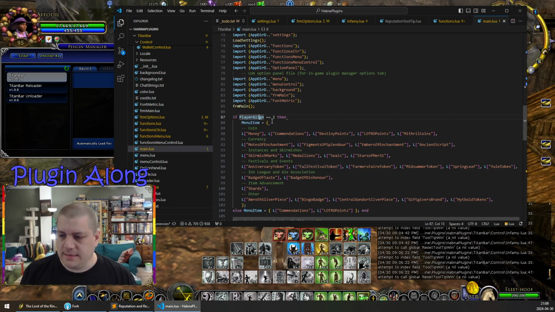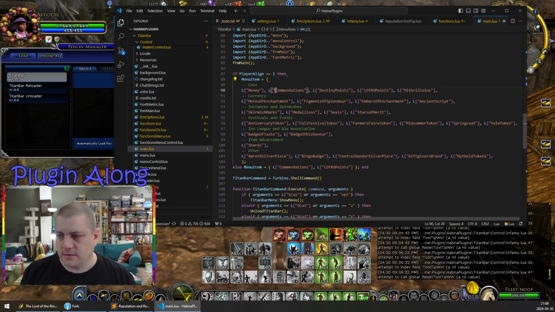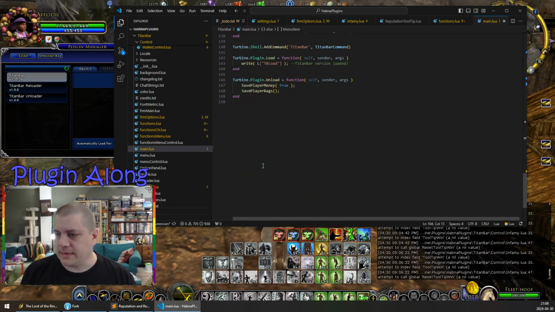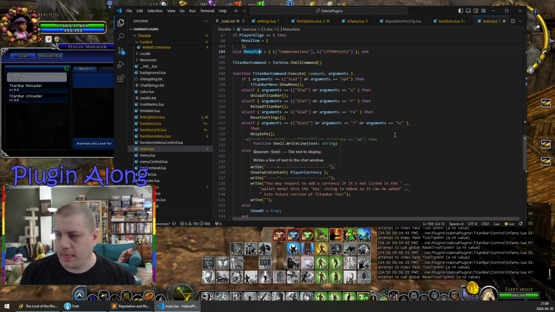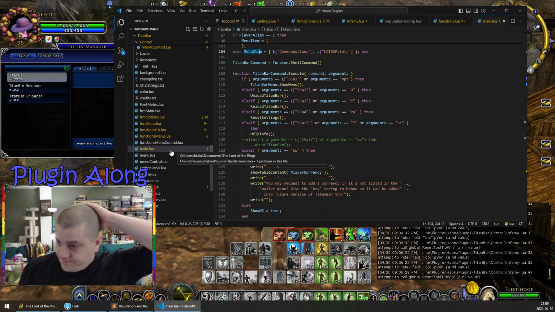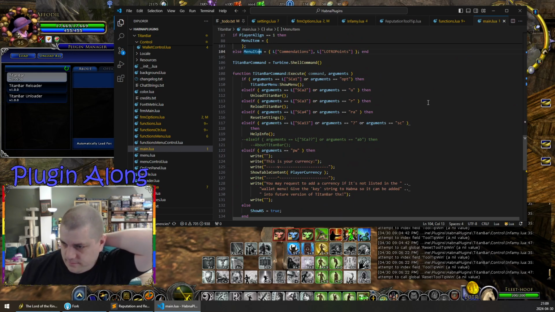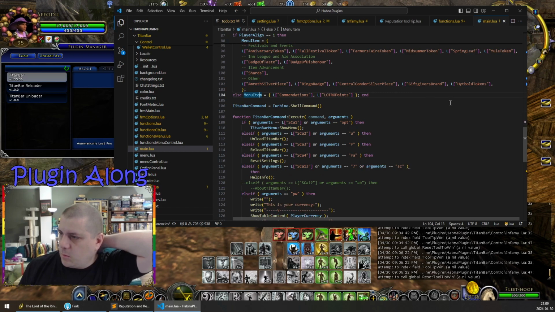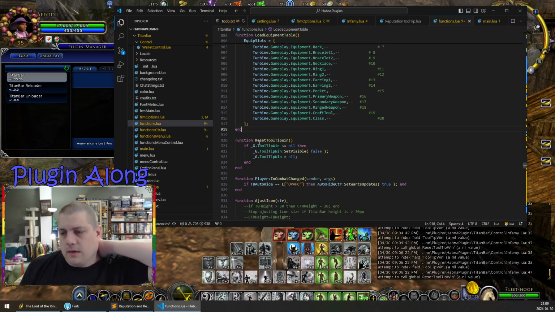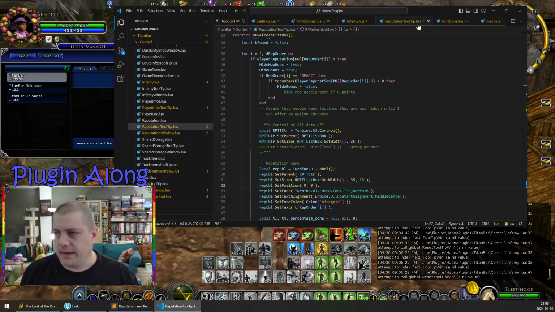Oh my goodness, these are wallet specific items. Why are they defined in main? Oh my goodness. Okay, reset tooltip win is showing as a problem, and sometimes